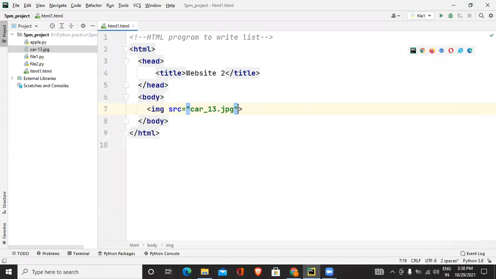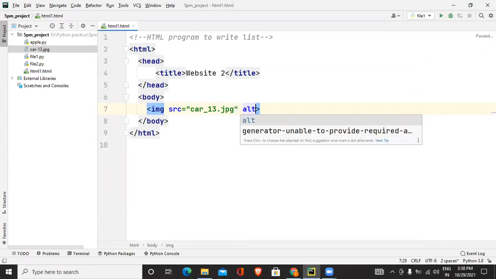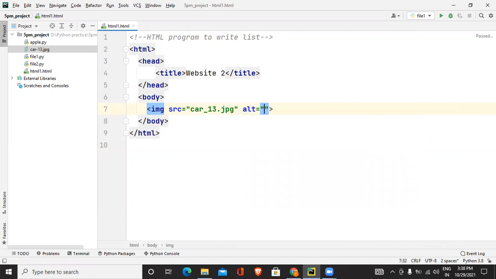So what we'll do is after this SRC, we'll write here alt. Alt means what? Alternative text. Alt stands for alternative text. It means if the image is not working, display the text. So what is the text? I'll write here car image. So if I refresh it, it displays car image. Now the person can understand that the image is not working, and that it is a car image.